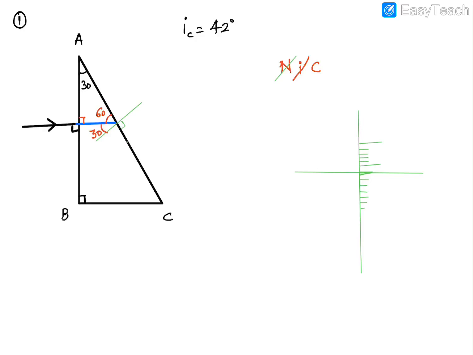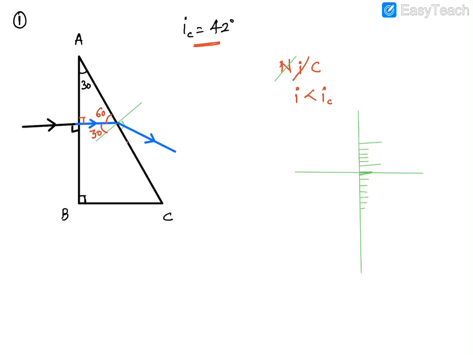Now compare with the critical angle. If you compare this critical angle and this angle of incidence, which was 30 degree, what can you say? Your i is less than the critical angle. Now what happens when i is less than the critical angle? How will the light ray go? Refraction will take place. And because it is going from denser to rarer, it will go away from the normal. Got it? So this is how your light ray is going to go. Remember, you need to mark the arrows in between, inside the prism and outside the prism also. Is it clear? Done.